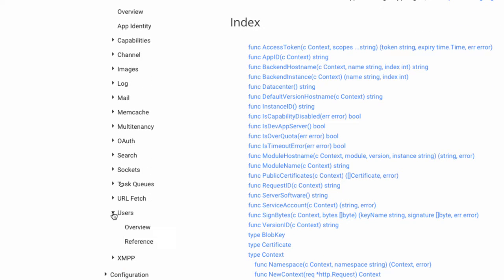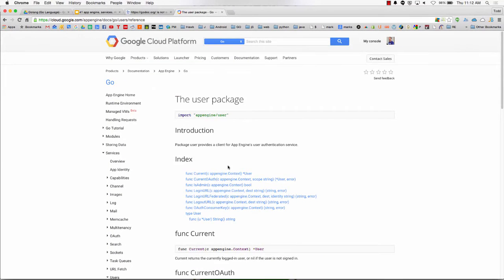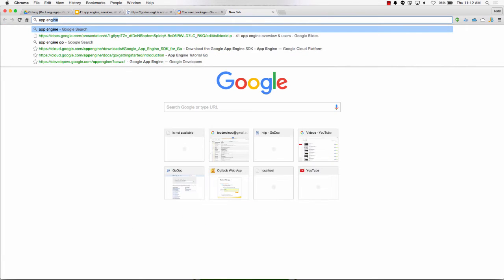So if we look at users, here's the documentation for the user service. These are services that we could use with App Engine. It's pre-written code that helps us do stuff. And so this would be the one for the users, and that's where you see the documentation. That's the takeaway: where do we find the documentation? And again, to get here, I just go App Engine,